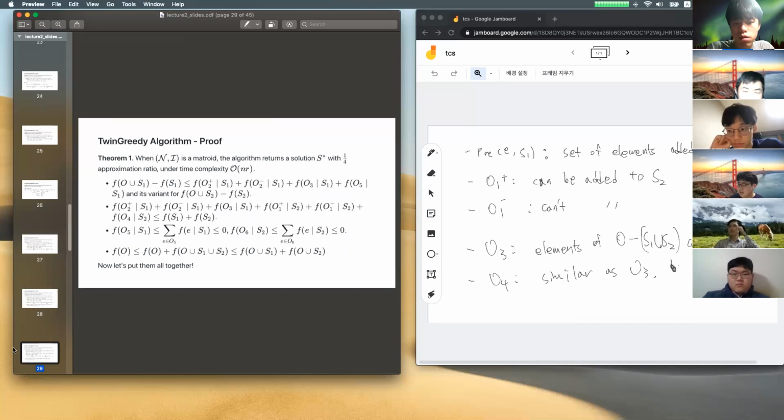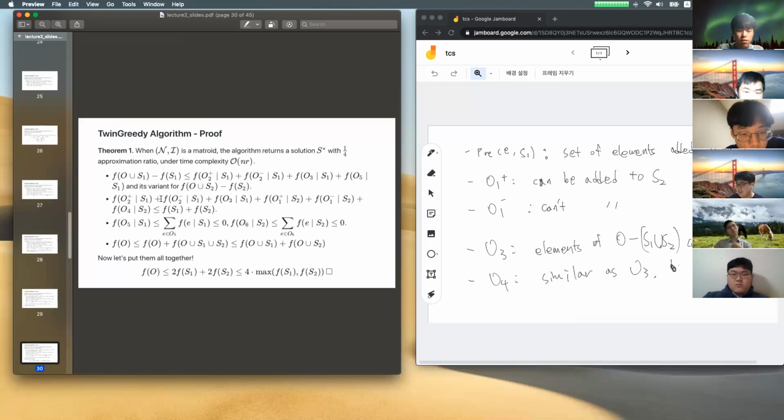Actually, getting these many inequalities and putting them together gives the proof of this theorem. This proof is, I think, not a very interesting proof, but I'll proceed shortly. Putting them together is just simple computation, because